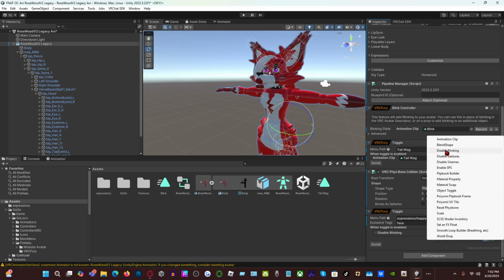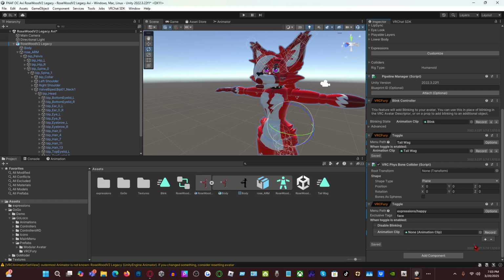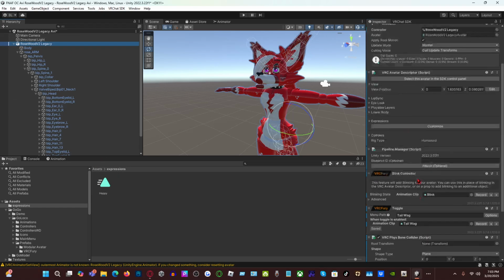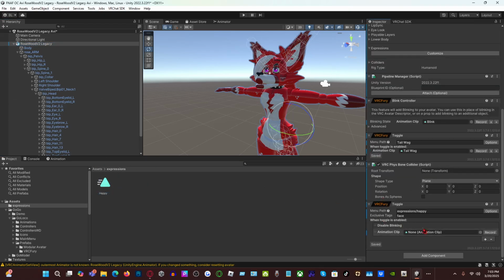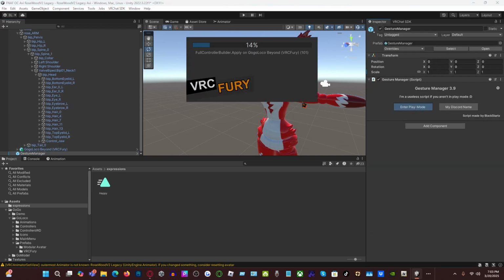And then once you have that, you go to the animation clip. Wait, no, I was right. Okay, my bad. Then, once you have that, you go over here, go down, and boom. Now, if we go to the gesture manager,